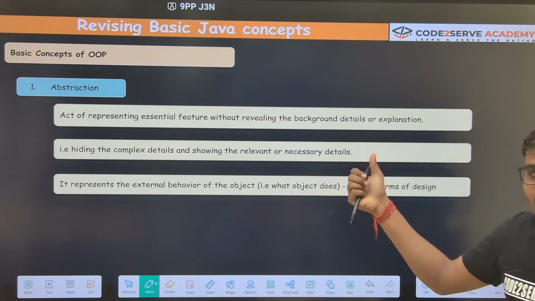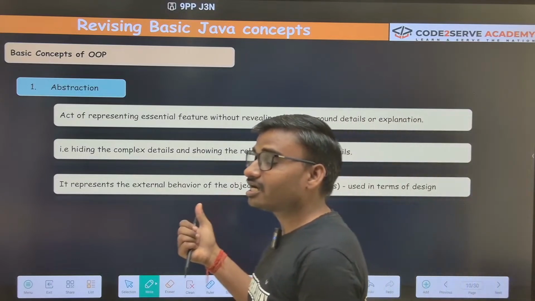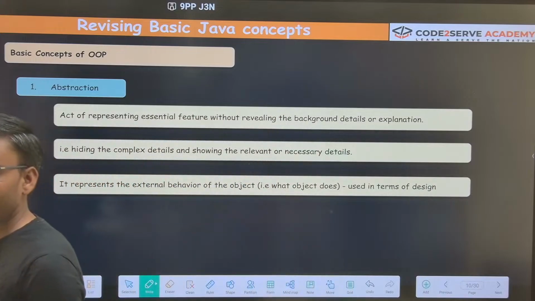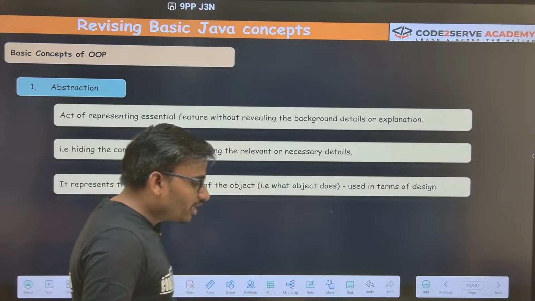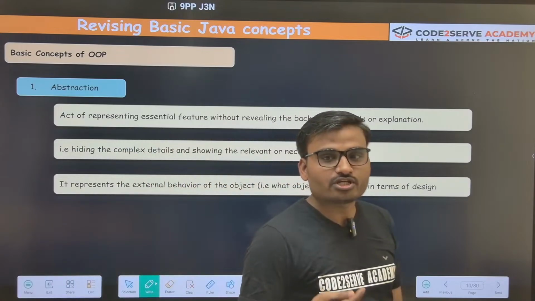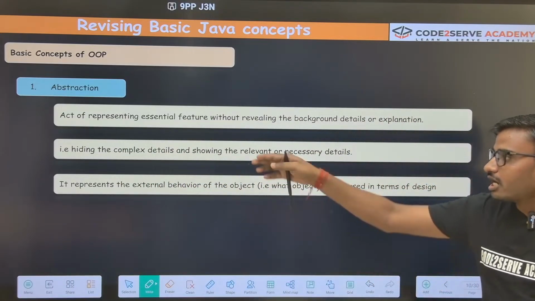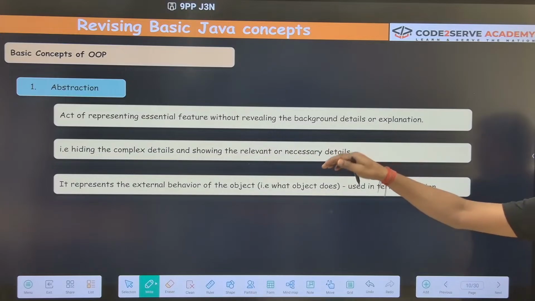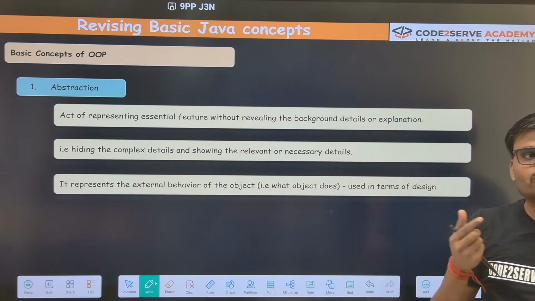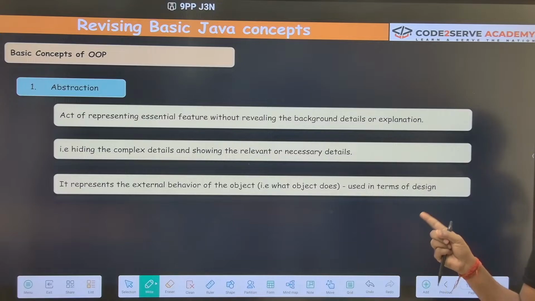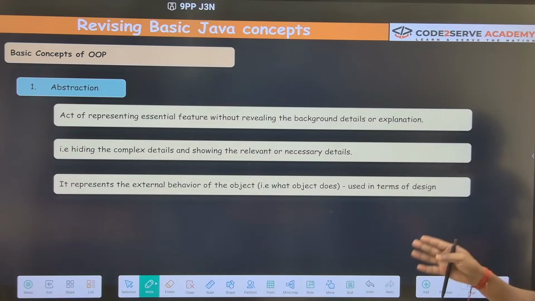From abstraction we get the concept of data hiding. Got my point? Data hiding in the sense of what data we need to hide from the user. So what we learned is that whatever is required, that much only we have to show, and whatever is not required we are not going to show to the user.